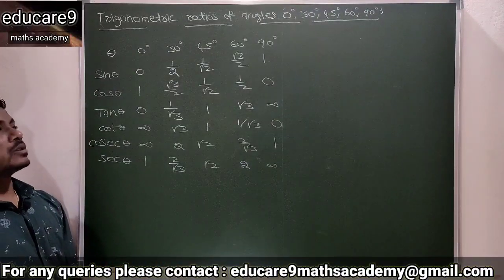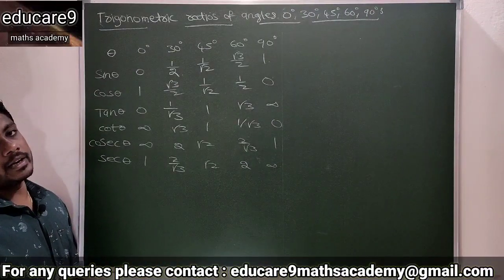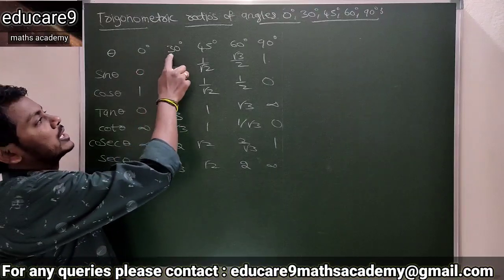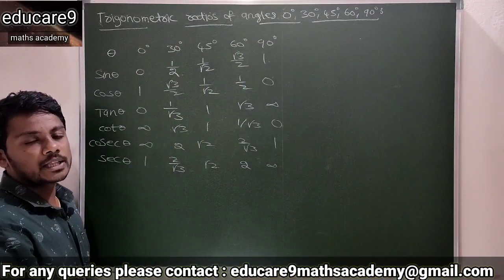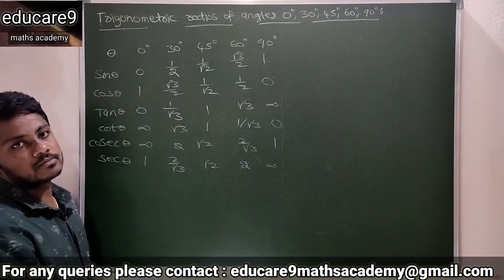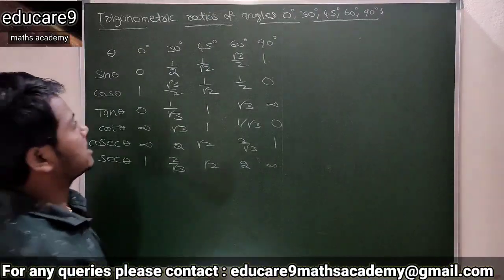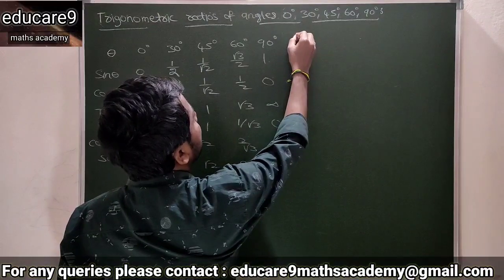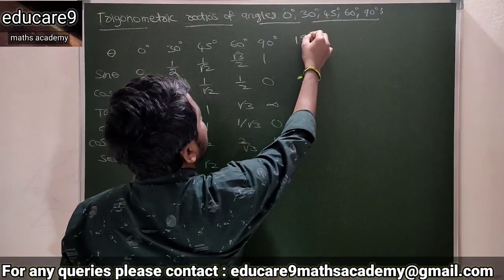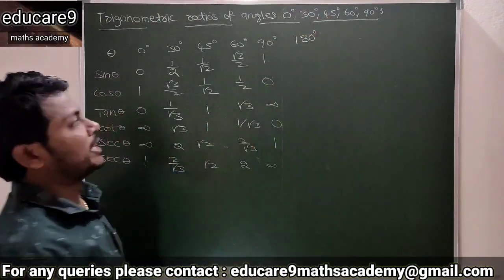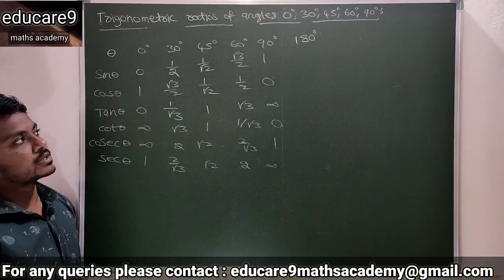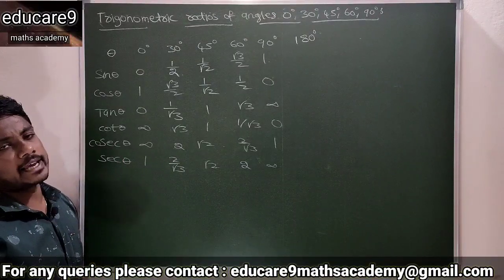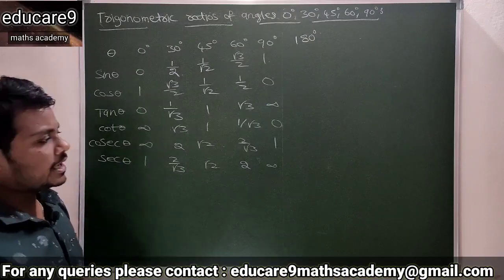Okay, so these are the trigonometric ratios of the angles 0, 30, 45, 60, 90. For the proof, you can go through the mathematical proofs in the playlist. Okay, so next you need to find the sin 180, cos 180, tan, cot, cosec, sec 180 values. So how to find sin 180? See here,